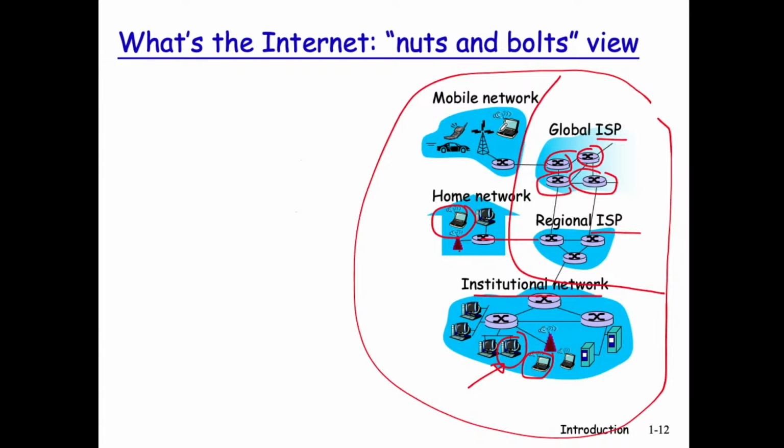Now, some of you might be sitting in a cafe. That would be nice, I know. And then you are probably accessing the internet through your 4G network and watching the video on the laptop. That is a mobile network you are accessing, or you can just call it a wireless network if you want. So this is just saying that there are a number of different kinds of access to the core of the internet.